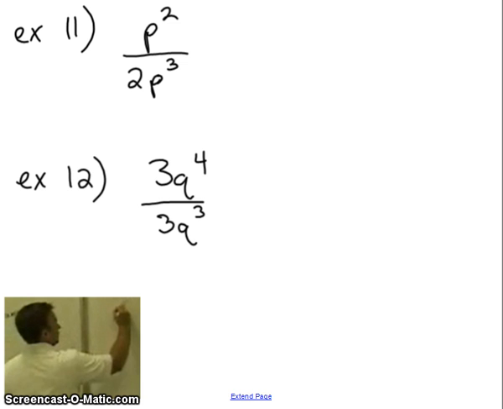Number 11. Again, we deal with the coefficients separately. So if we look at this problem, we have 2